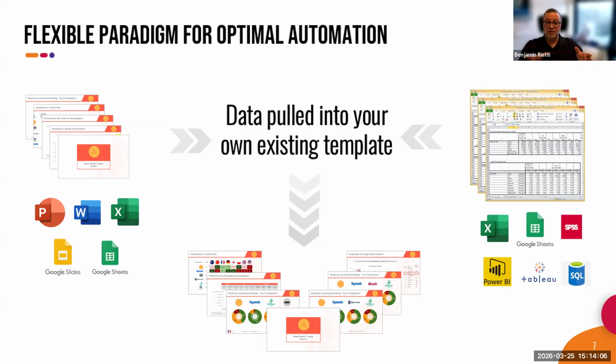And then once that's set up once, and now you think about the context of what Paul's talking about in terms of segmentation, the automation kicks in and will run off a copy of a deck for each of those 14, in this case, segment reports, because they're all following that same structure, putting in the data from the Excel, put it into the PowerPoint, next slide, and so on, and then that's done. So it's not just charts, it could be summary tables, text boxes, or even bringing in brand logos, different competitor brands, flags, whatever they may be, indicators to show significance testing, perhaps. Every item can be automated.